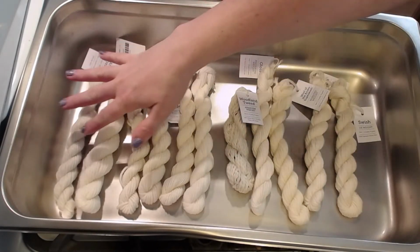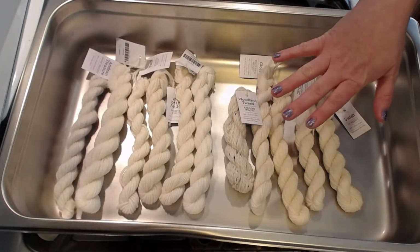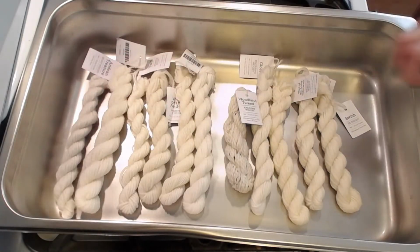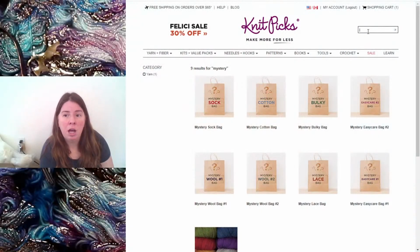So I'm not going through all the fiber contents. If people have some questions about some of them, then I can. So yeah, I think that this is a really handy resource for me, so that way I can show side by side different bases really easily. And I'm going to come back and sit down and see if you guys have any questions about any of the bases. And then I can tell you more about specific ones. Yeah. So if you have questions about specific bases, I'm happy to go through that and talk about that. But again, I do want to show,